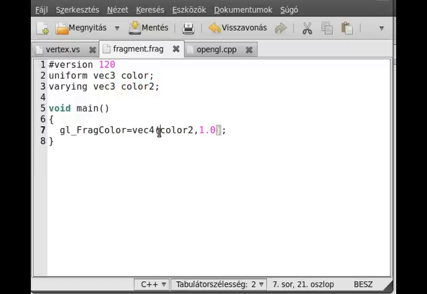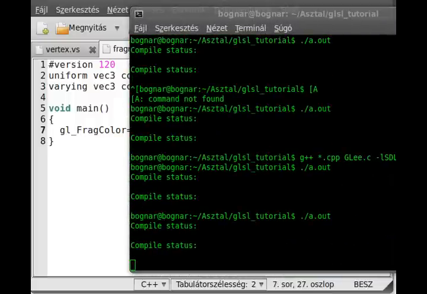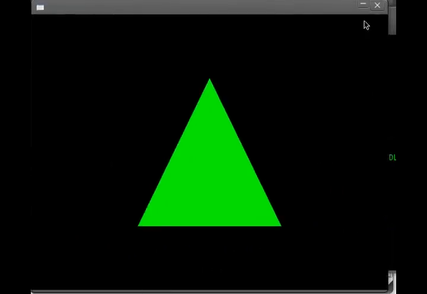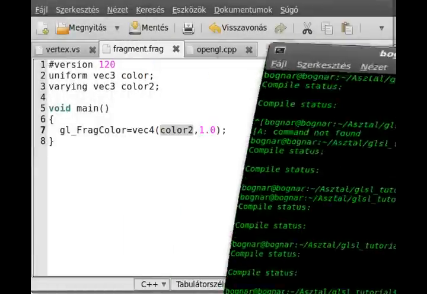And then I set this triangle to the color green. So if I run the program, it should give a green triangle, and indeed this is a green triangle. Now the last